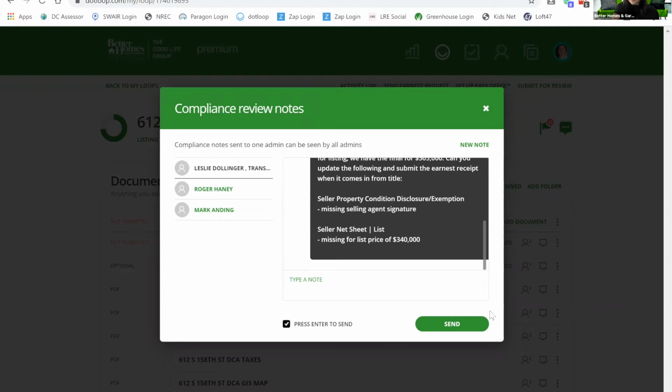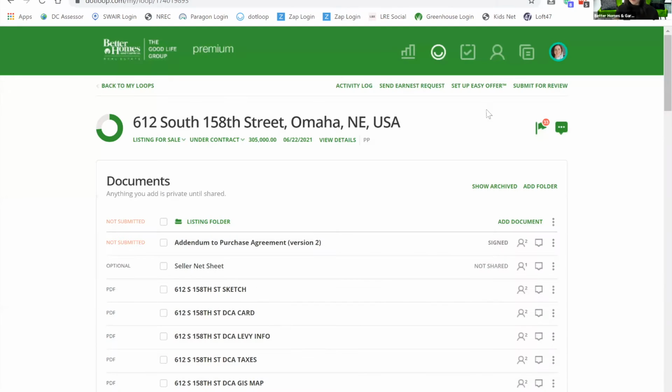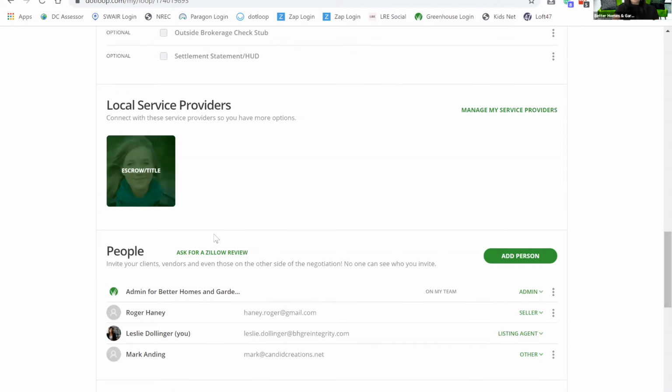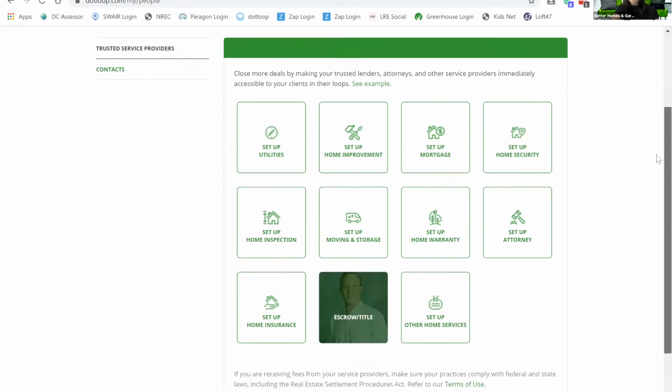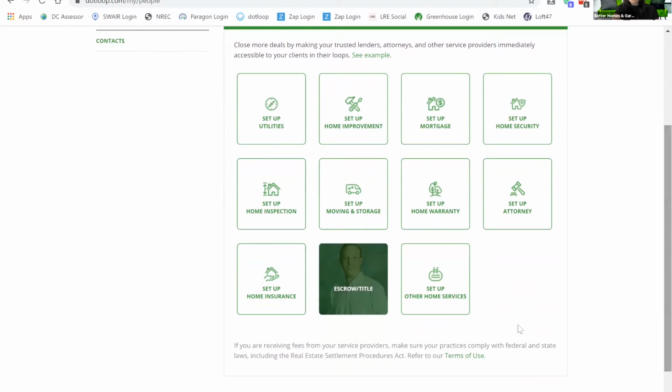Now, what I like about this is that they can then have a one-stop shop for their communication and know that they're going to communicate through DotLoop. But the other thing is that you can introduce vendors to them. So if you've ever set up your vendors, we obviously have escrow title, but you can always add your lenders. You can add your home inspectors. You can do even that. We've got warranty. I don't know where they get these stock photos of people on there, but hey,